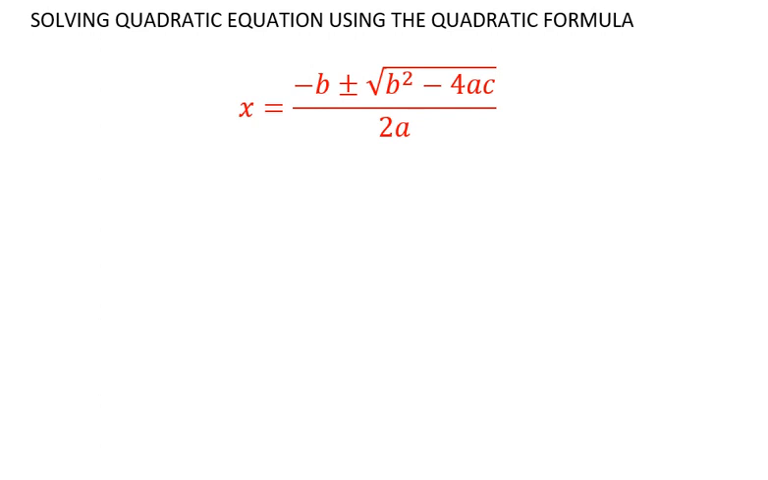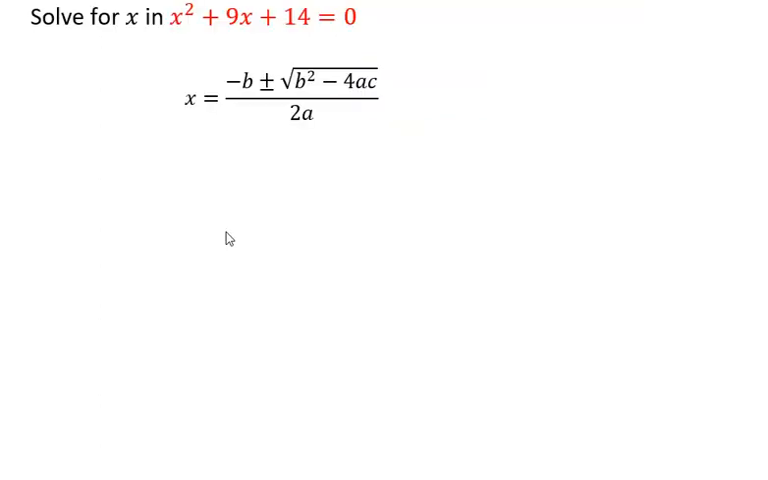Paulit-ulit na lang natin siyang hinahanap yung x na nga natin, di ba? x square plus 9x plus 14 is equal to 0. Ay, para hanapin natin yung value ng x, gamitin natin yung formula. So, ano nga ba yung a natin dito? So, ang a natin dito ay